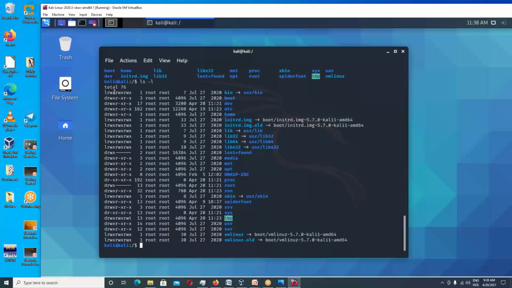These are permissions right here, with how many links there are, the owner and the group, the date it was created,